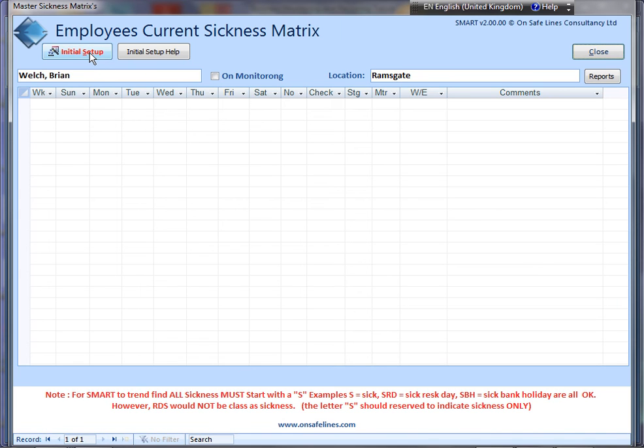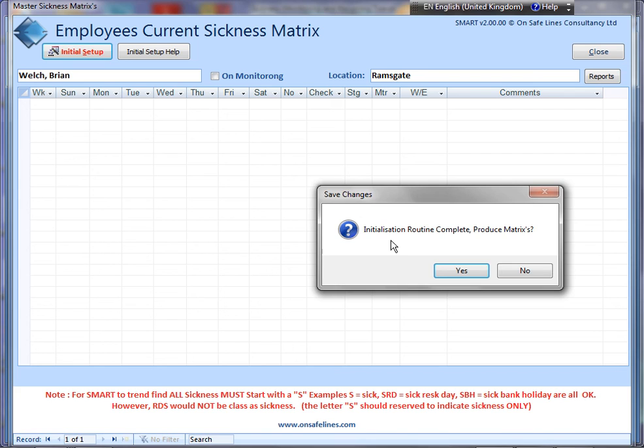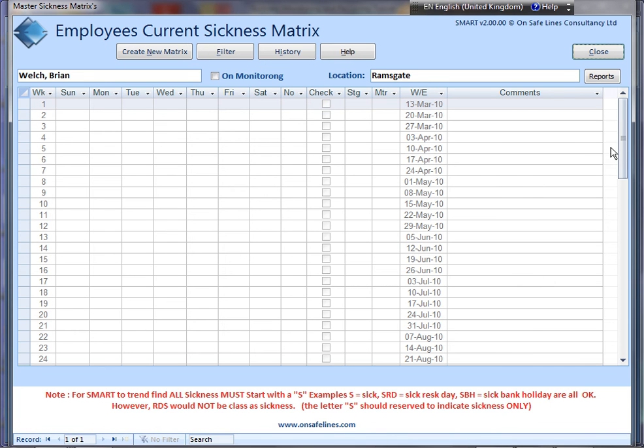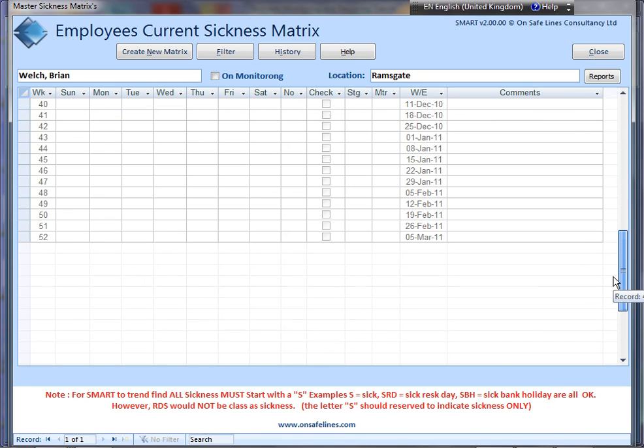Right, this time when we click on the initial setup, we get a different message box. Initialization routine complete. Produce matrix. Yes, we do that because that's what we're trying to do. Confirmation message, and there we have the matrix for 1 year, weeks 1 to 52 down the left,